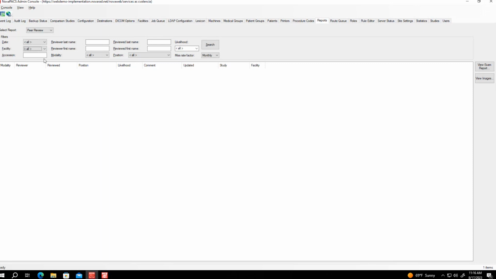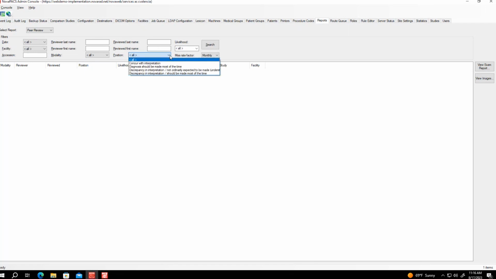You can search for a specific accession number if you're looking for a peer review on a specific exam, the reviewer's last name or first name, a particular modality, the reviewed last name or first name, and then the position.